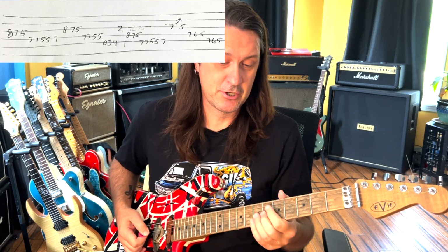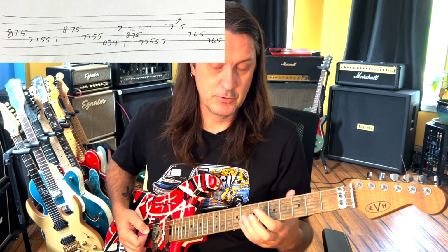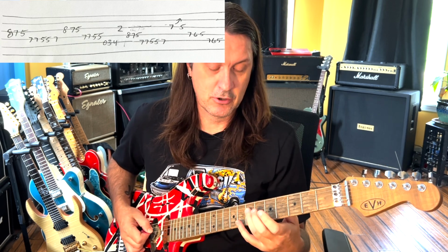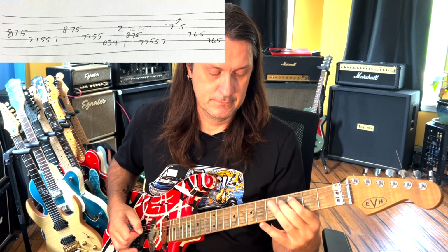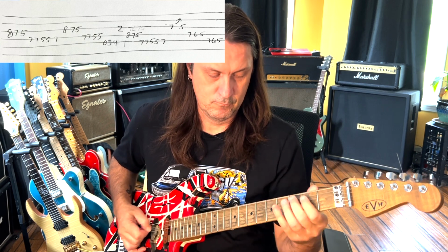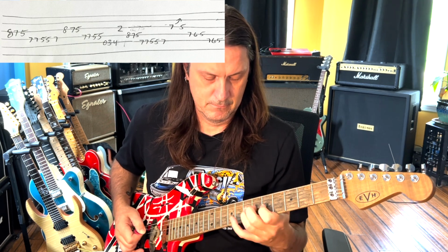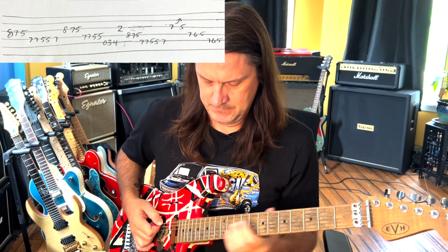What he does there is a pinch harmonic. So what we're doing is going right down that A minor pentatonic, like, and then we're going to go chromatic. Then this lick,